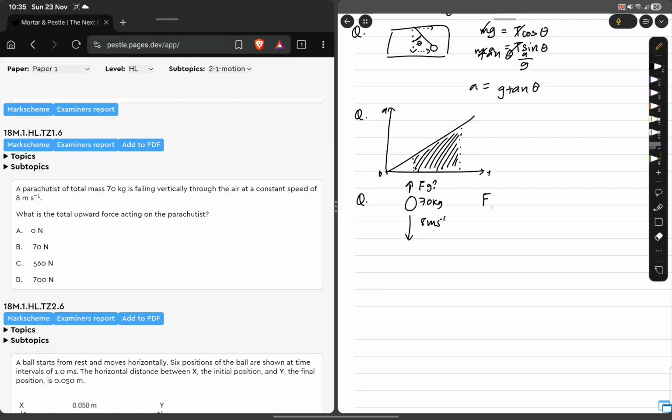That means the upward force, so let's just call it drag, is going to be equal to the downward force. And now we need to find, since we have A and M, well, we just multiply them from F equals MA, and we'll get 70 into 8, which gives us,